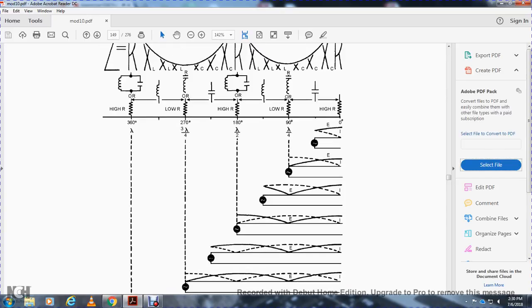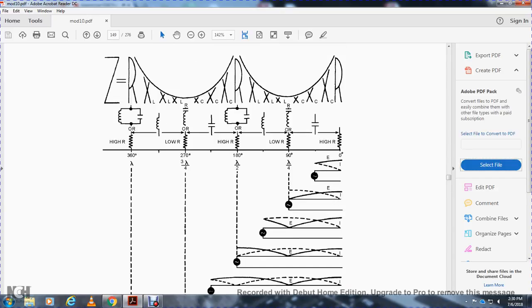Voltage, current and impedance on an open line circuit. This is your short circuit, inductor, capacitor, low resistance, high resistance. High resistance on your short circuit and low resistance on your